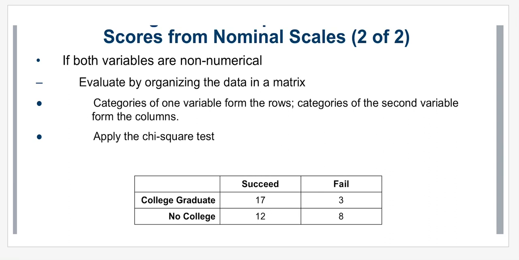Now, if you don't want to do the chi-square and you want to actually have a Pearson correlation, again, you can code both variables this time instead of just one. So college graduate would get a 1 and no college would get a 0 or a 2 or whatever. And then succeed would get a 1 and fail would get a 2 or a 0 or whatever. And you would